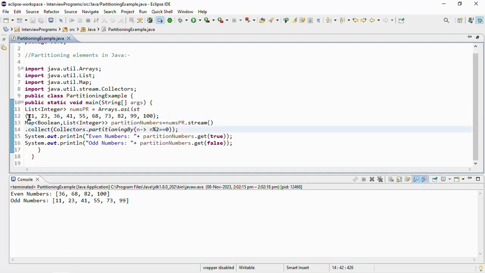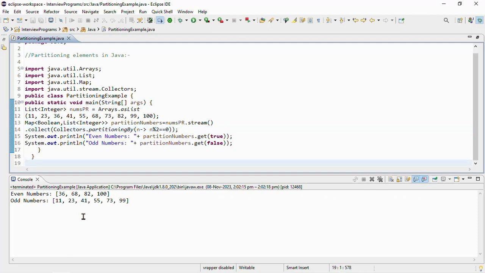From this list we have partitioned the even and odd numbers using the partitioningBy method. So this code demonstrates how to use the partitioningBy collector to partition elements in a stream into two groups based on a specific condition. In this case, it partitions the numbers into even and odd groups.